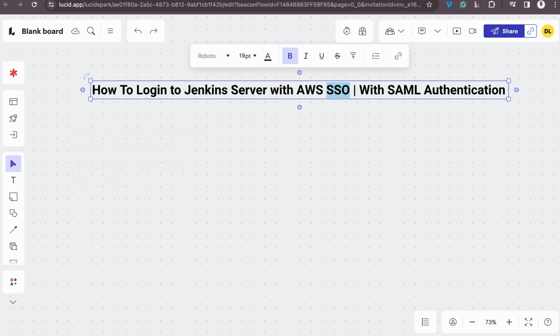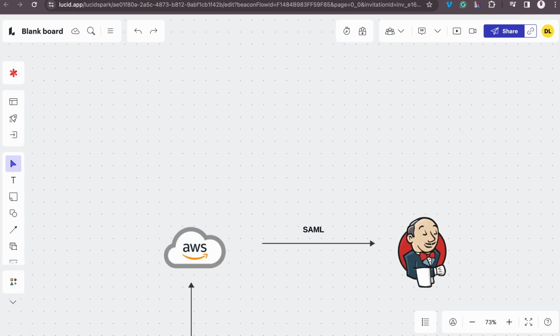Yesterday we did a video on how to log in to a Jenkins server using a GCP credential, which is also another form of SSO, GCP SSO. Today we will be looking at how we could log in from, I think I have a diagram, log in from